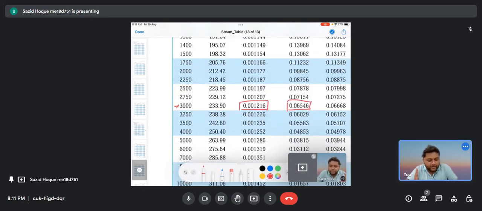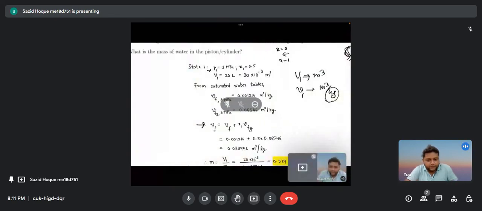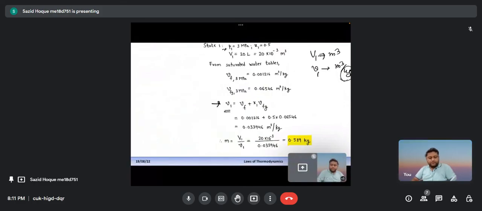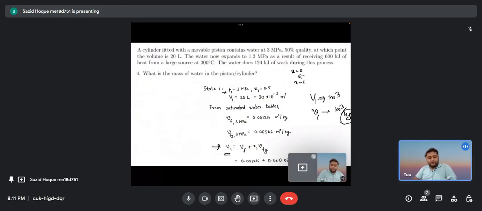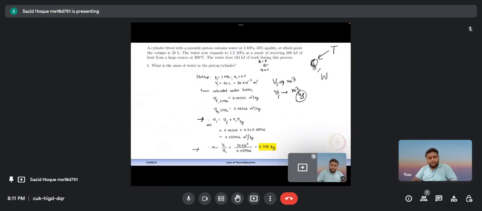Quality is given, so we know at that position what will be the value of the specific volume. So that is what we are finding. We're finding the small v1. Once you know small v1, you can divide capital V1 by small v1 to get the mass. What is the mass of the water in the piston cylinder? So once you know the mass, next we need to find out now. Okay, this is done. Next problem is to find out the